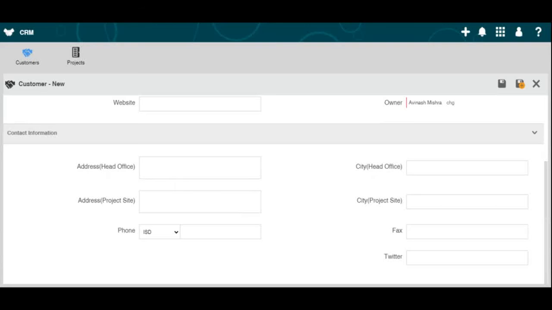Let us enter a few more details. The head office is located at Kolkata. City head office is located at Kolkata. The project site address is at South 24 Parganas.